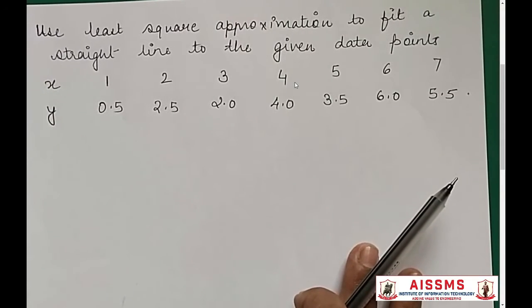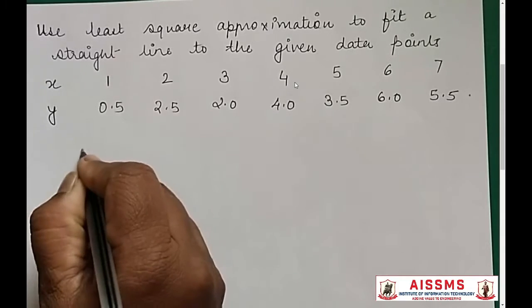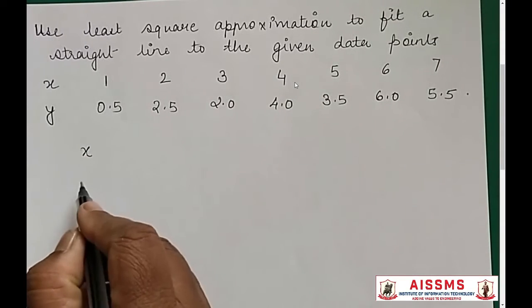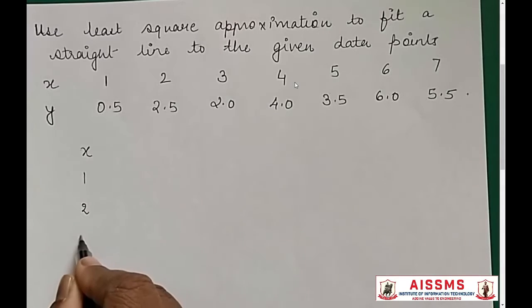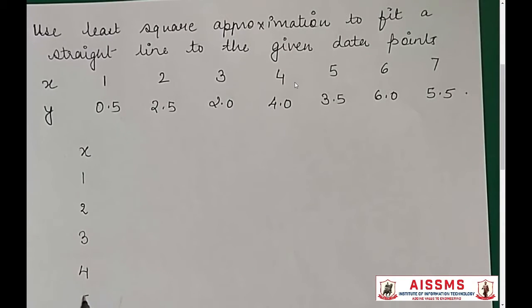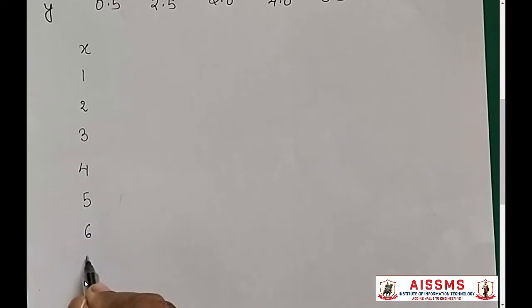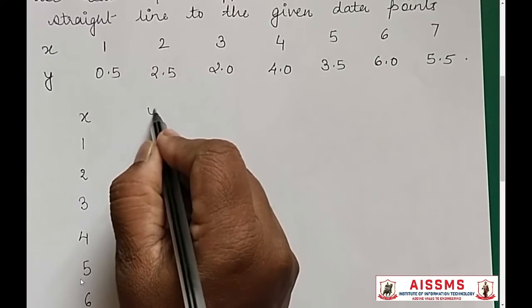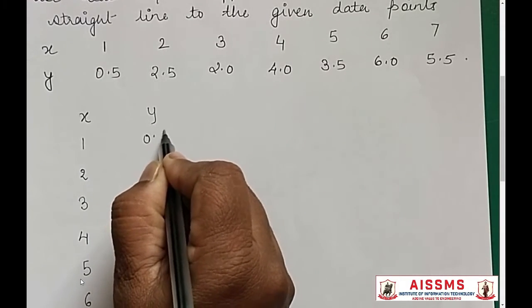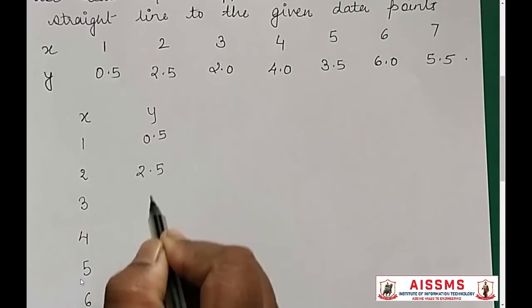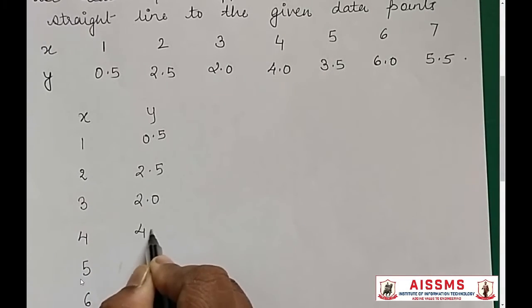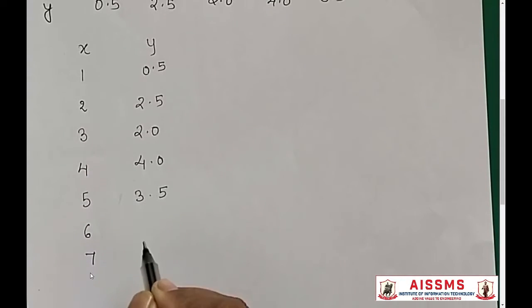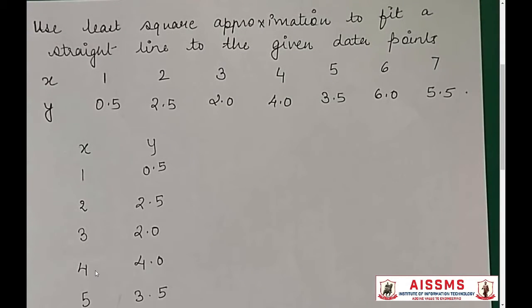So how do we solve the numerical? We first write the values of x. Values of x are 1, 2, 3, 4, 5, 6 and 7. Values of y given are 0, 0.5, 2.5, 2, 4, 3.5, 6 and 5.5. Now when we have to fit a straight line, we have to solve two normal equations,